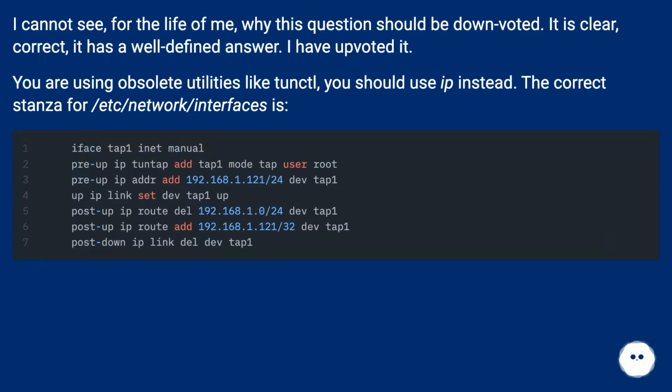I cannot see, for the life of me, why this question should be downvoted. It is clear, correct, it has a well-defined answer. I have upvoted it. You are using obsolete utilities like tunctl, you should use ip instead. The correct stanza for /etc/network/interfaces is: